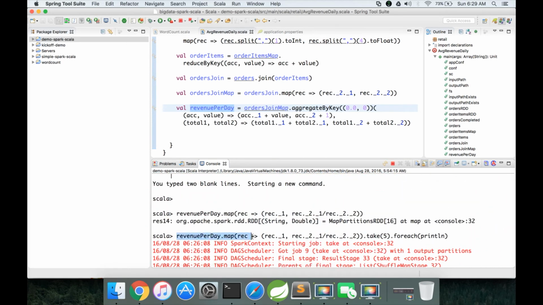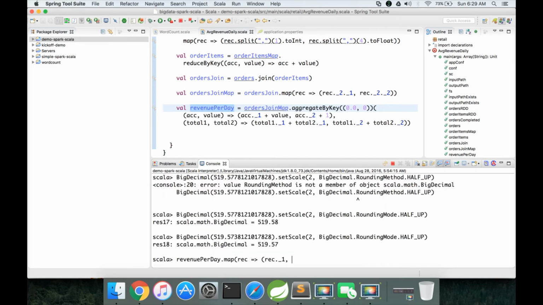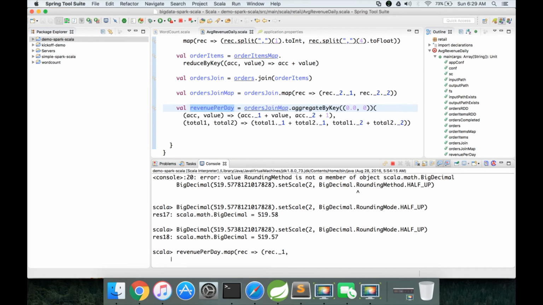So here we can copy paste up to here, and then here I have to use BigDecimal, and the parameter to this BigDecimal is the average revenue. Once we convert it into BigDecimal, we have to set scale to 2, and the rounding mode has to be half up.